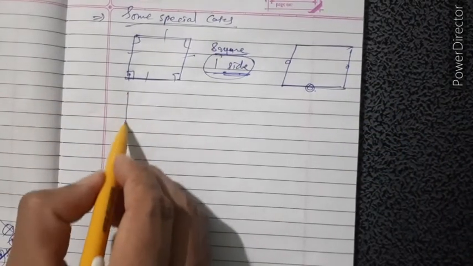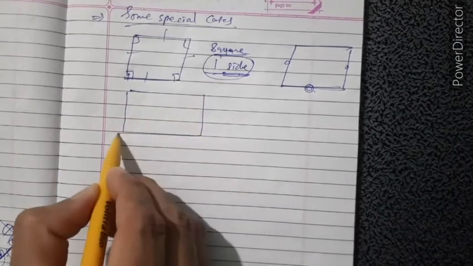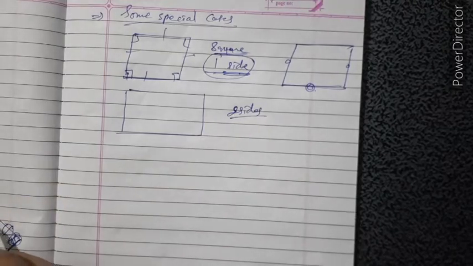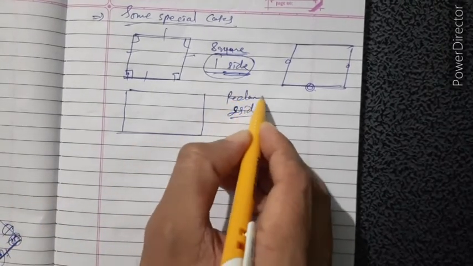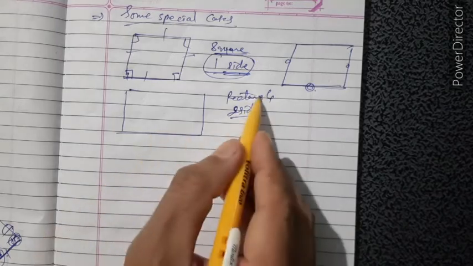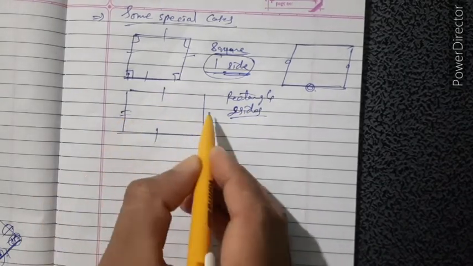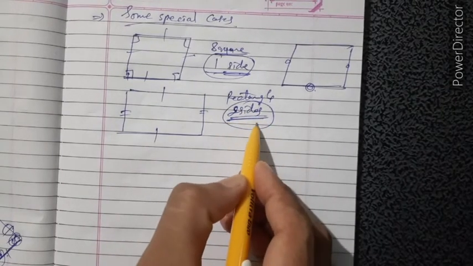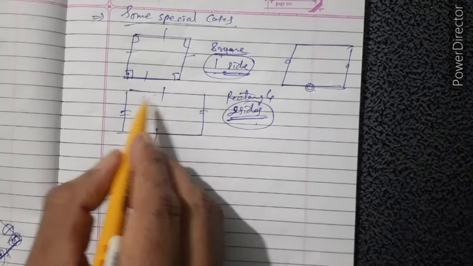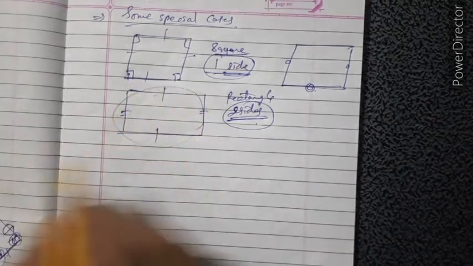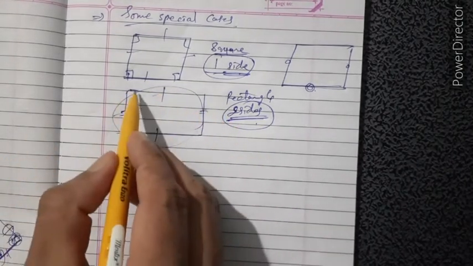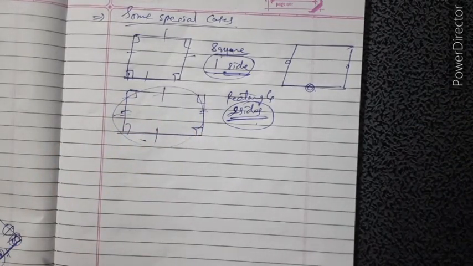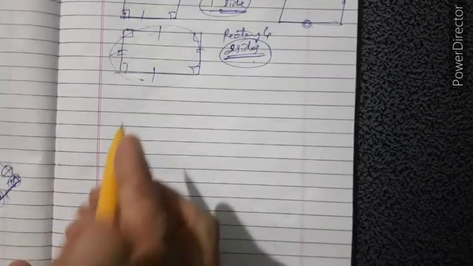Same for rectangle. In a rectangle, measurement of any two sides are given. Okay. So we know that in a rectangle the opposite sides are equal in measurements. Means when in a rectangle two adjacent sides are given, we are having the four sides because opposite sides are equal, and all angles are 90 degree. Okay. Then third one is rhombus.